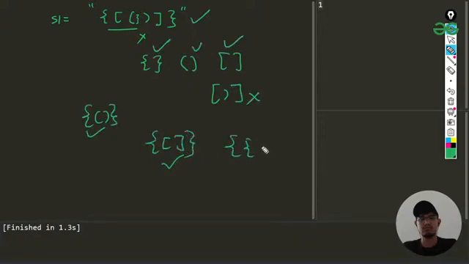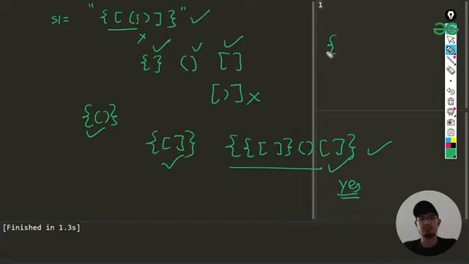If we have something like this, this is also balanced, so no problem in that. In this case also we'll be writing yes, it is balanced. Okay, so these are some of the examples of balanced parentheses basically. And if we have something like this, it is also balanced. Okay, so this is the problem.